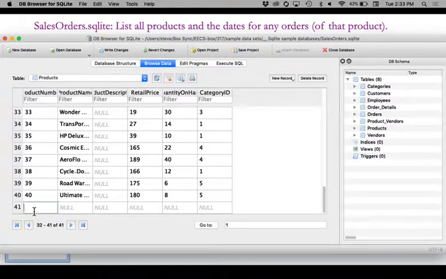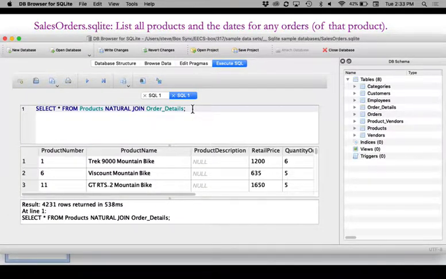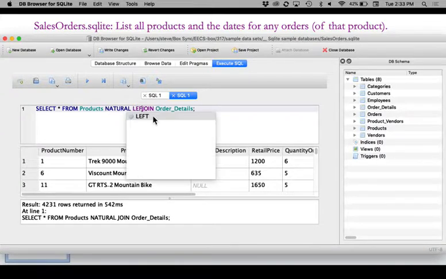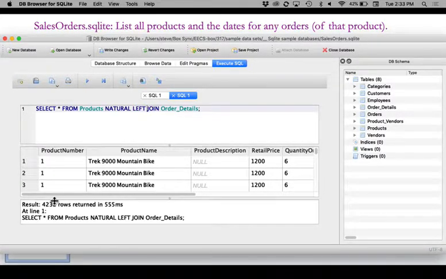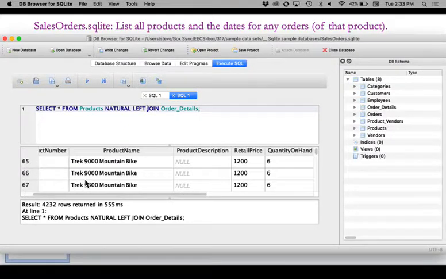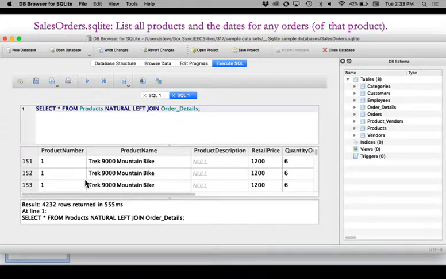Item number 41 is a pencil, which has a price and a quantity, and it's in some category, whatever. Okay, so this is now a new product which has never been ordered. And again, the natural join returns 4231 rows, but the natural left join returns 4232 rows. So at the very bottom, somewhere, I guess it's a little far to scroll, but